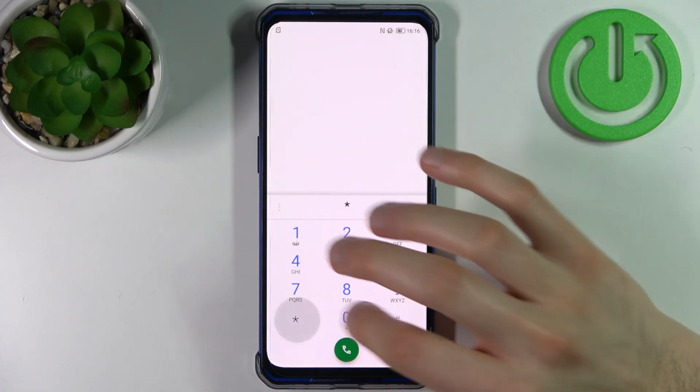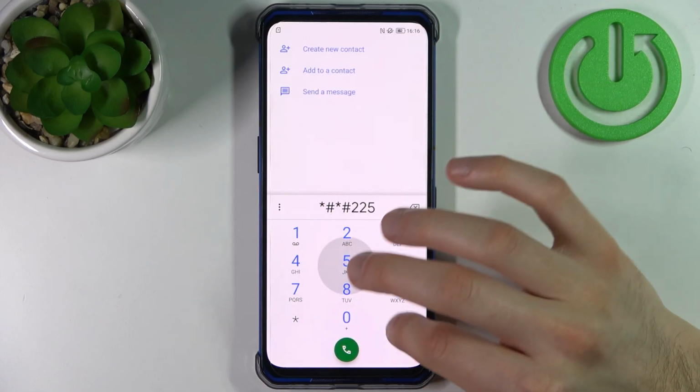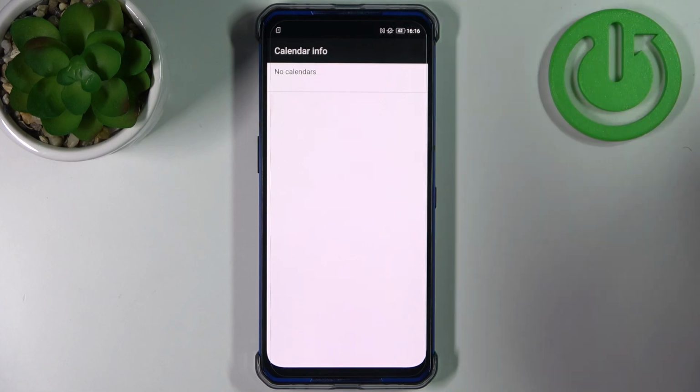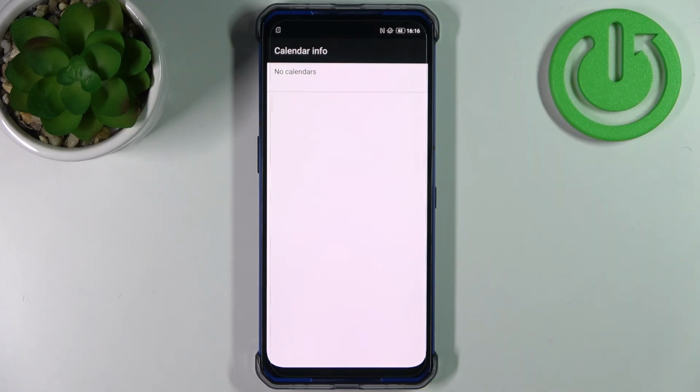The next code will be asterisk pound 225 pound asterisk. And this is the calendar info, so if you have any calendars added on your device, they will be displayed here,